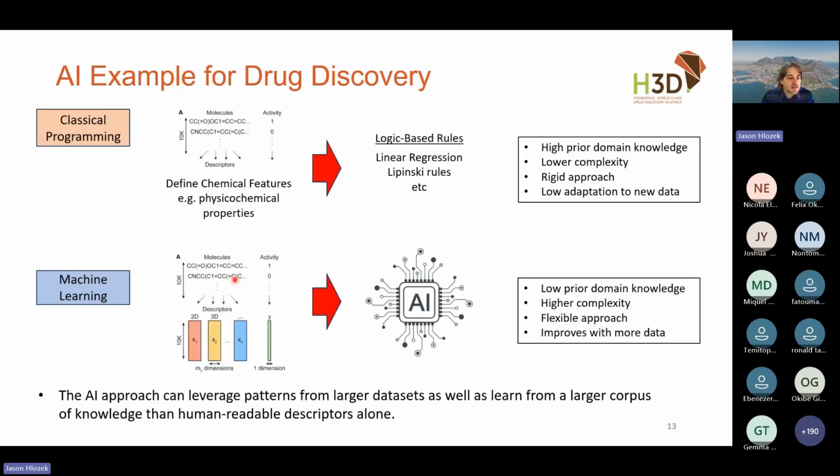And so with machine learning, what I can instead do is bring my molecules, bring their labels, active or inactive, and ask the machine learning algorithm to find the patterns between the structures and the activity, so that when I come with new structures, it can make a prediction. I don't necessarily need a deep technical understanding of how these molecules are binding to their proteins and how they're being selective. As long as I can give the model enough examples, it can then figure out those patterns.